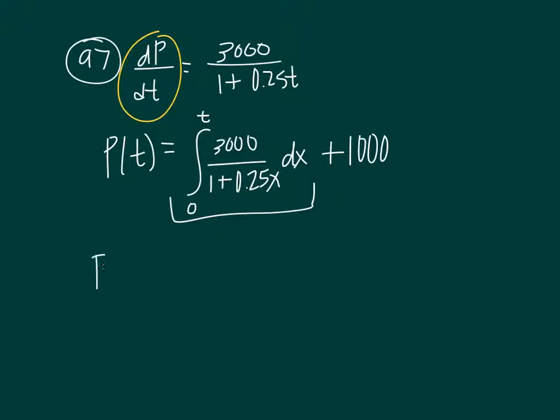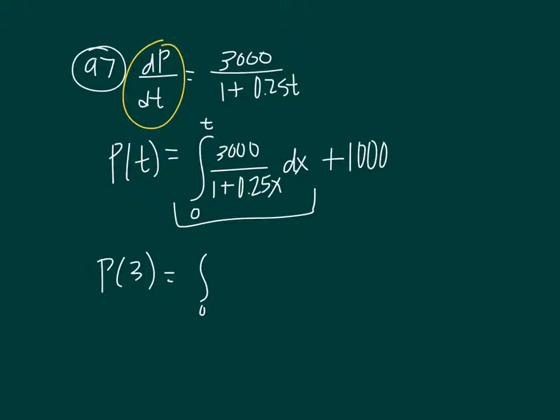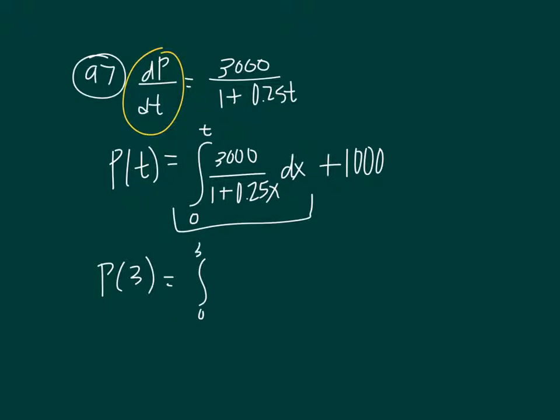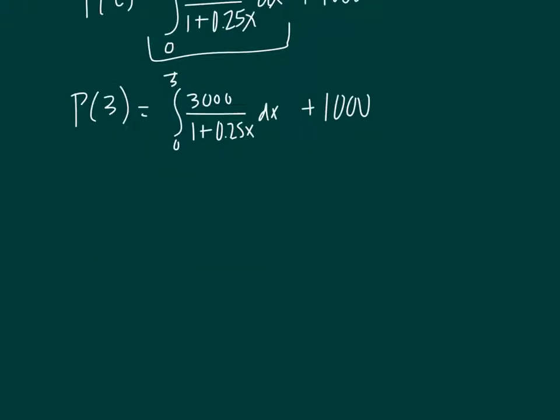And then it wanted to know what the population was after 3 days. So I would find the integral from 0 to 3. I'm actually going to have to evaluate this integral. So I'm going to pull the 3,000 out